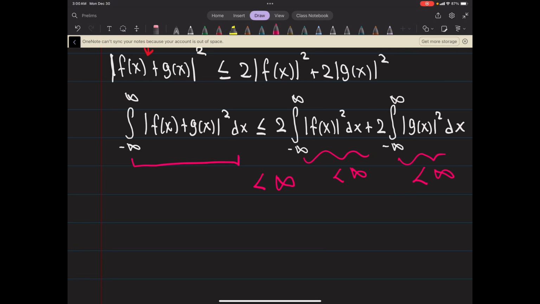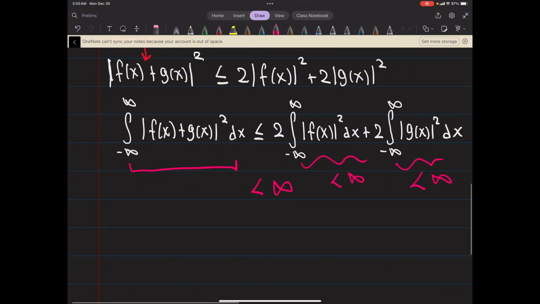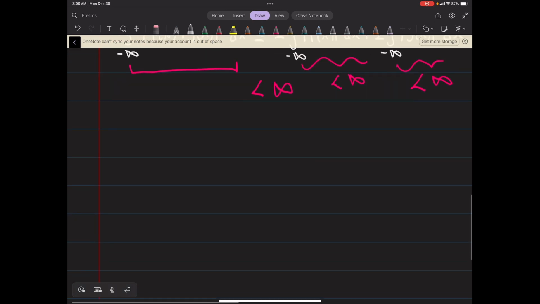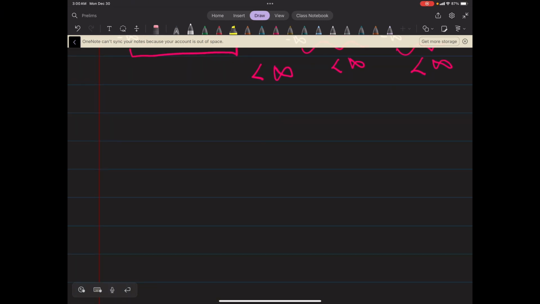So then f of x plus g of x is also square integrable because it satisfies that condition. I hope that makes sense. Okay. Next up, we want to look at the set of all normalized functions,